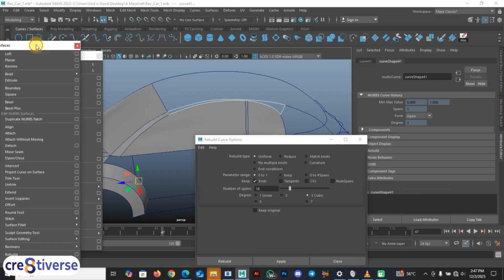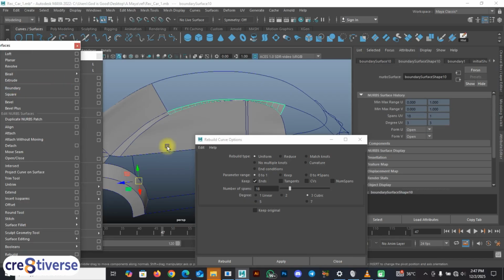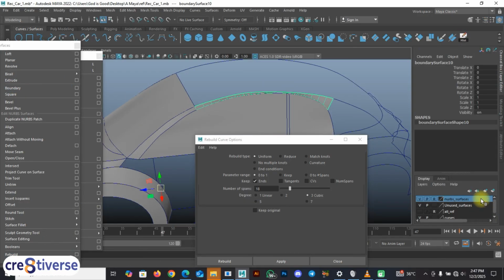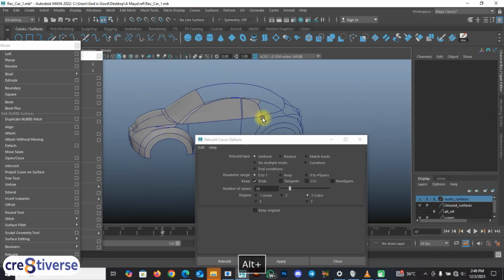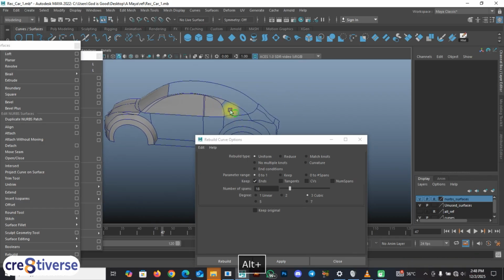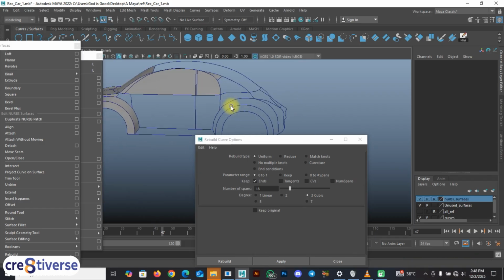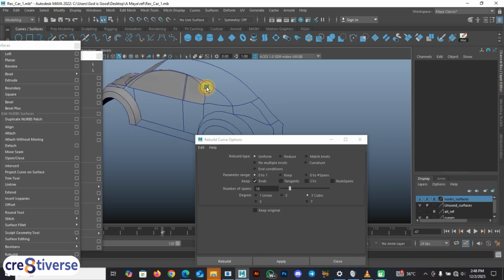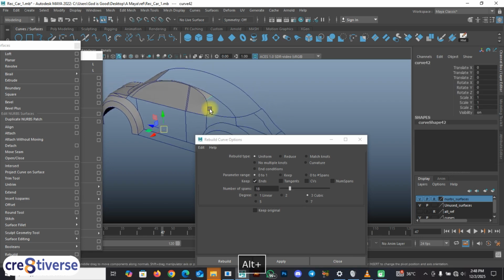Okay, then I have a boundary here. Then delete history and put that in like so as selected. Okay, so we're having this now. The next thing is this surface. Okay, so here we're having